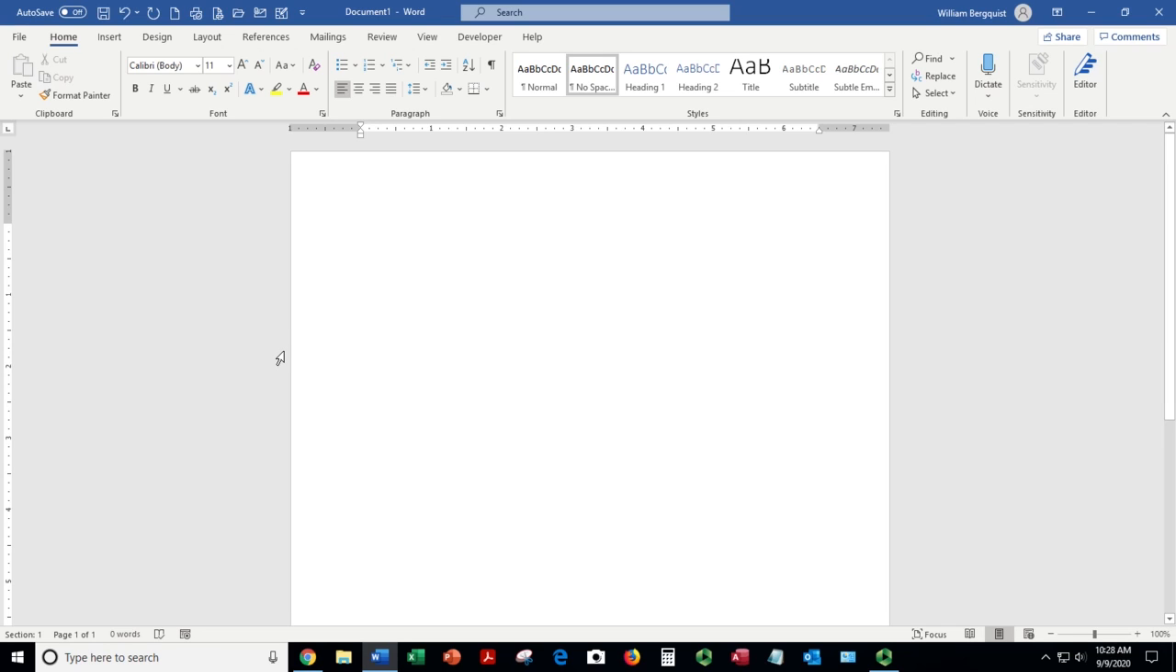Number 3, key memorandum and hit enter twice. Oops. There we go. Number 4, To, all caps and a colon, hit tab twice. And we're going to key all employees, enter twice. Step number 5, from,